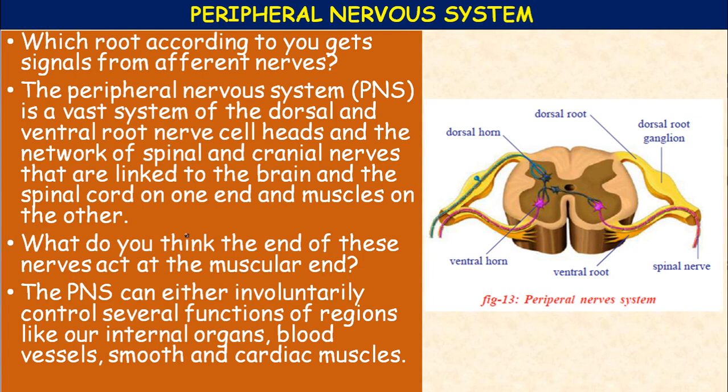One to the back or dorsal side, and the other to the front or ventral side. One is the back side, that is the dorsal side, and one is the front side, that is the ventral side of the